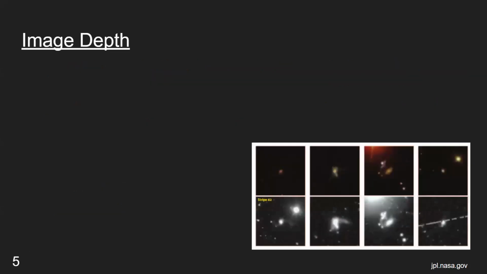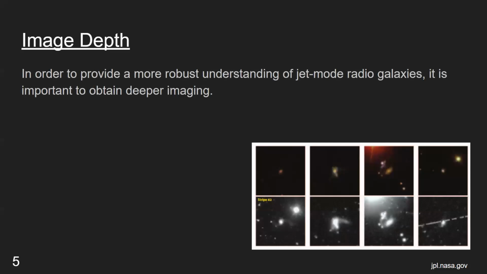All right, so first, looking at the image depth. In order to provide a more robust understanding of jet mode radio galaxies, it's important to obtain deeper imaging. You can see in this image on the bottom right, the top 4 images are from older data and the lower 4 are from newer data. So it's easy to see how these deeper images will be able to reveal more of the substructures of